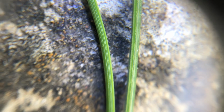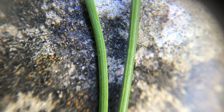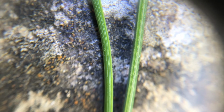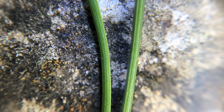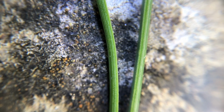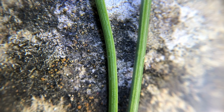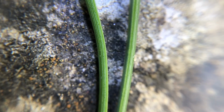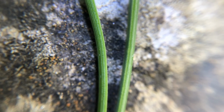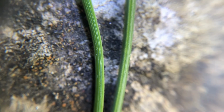one of the things that enables conifers to survive in quite dry and very cold habitats is that they've got needles, so they reduce the surface area from which water can be lost. These stomata on the bottom are where the water is taken in, but it can also be lost through them by evaporation. Having your leaves as needles helps to reduce the surface area from which water can be lost, which is